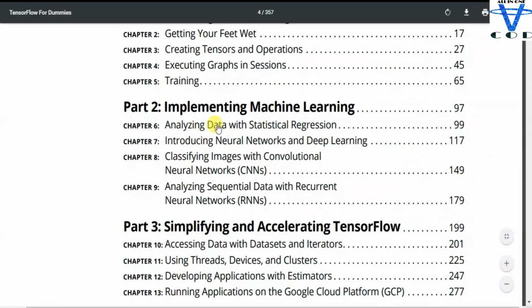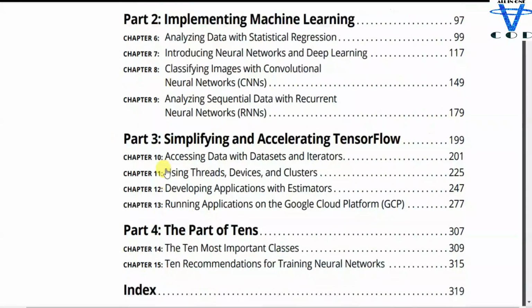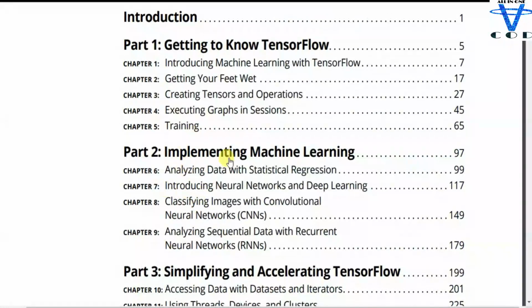The common linear regression video link is in the description, check it out if you want to learn common linear regression, or you can say simple linear regression. And then introducing neural networks and deep learning. This is very important, and classifying images with convolutional neural networks. This is the very important part 2.